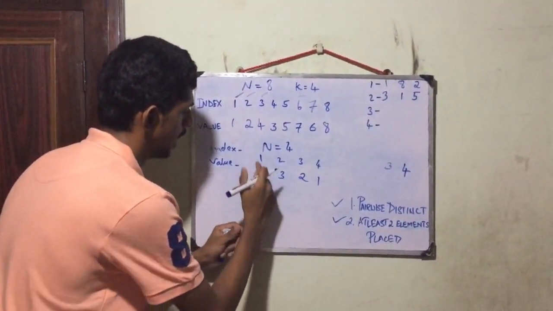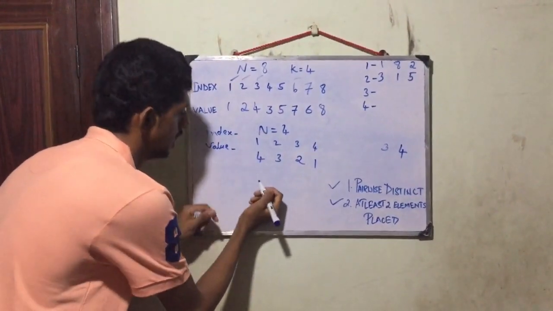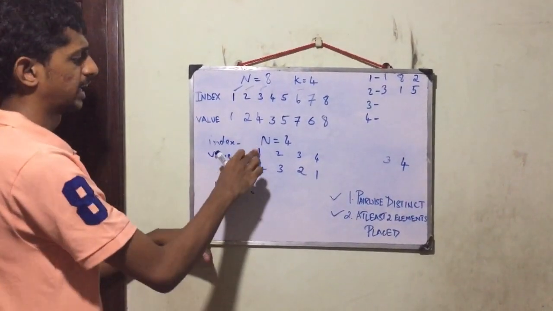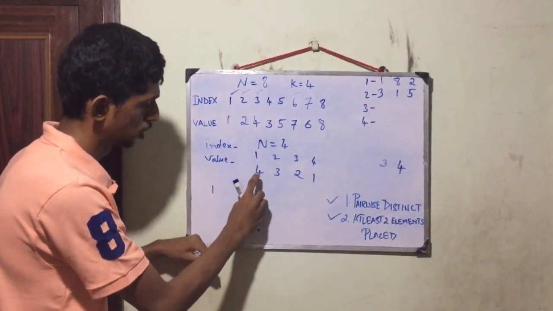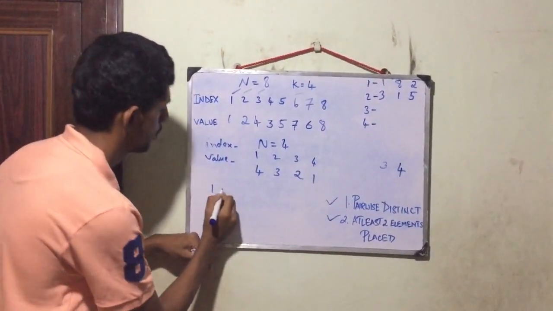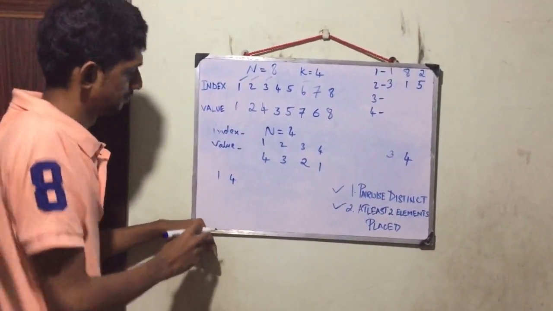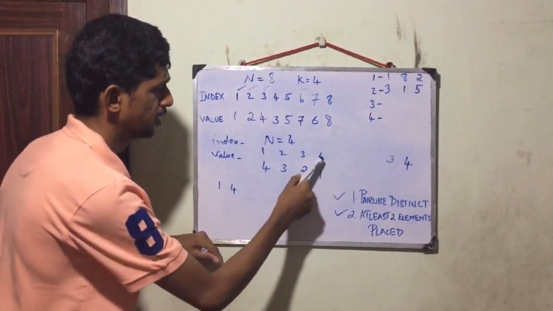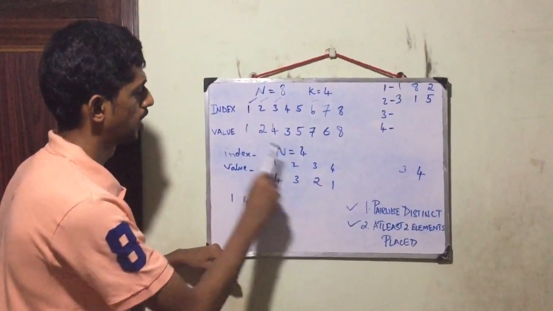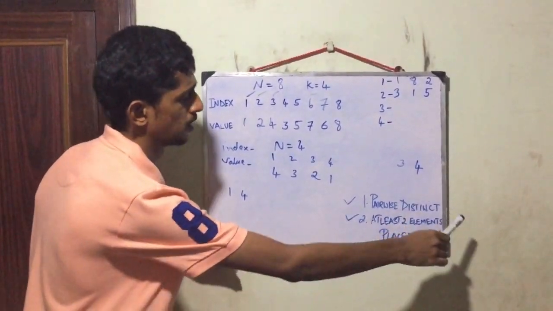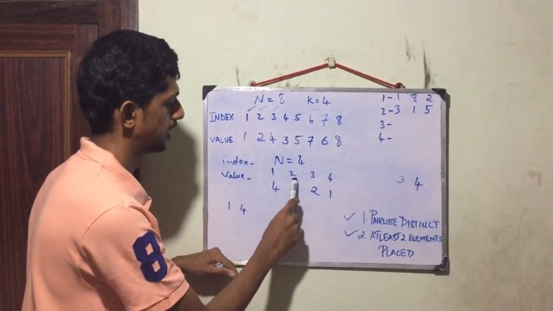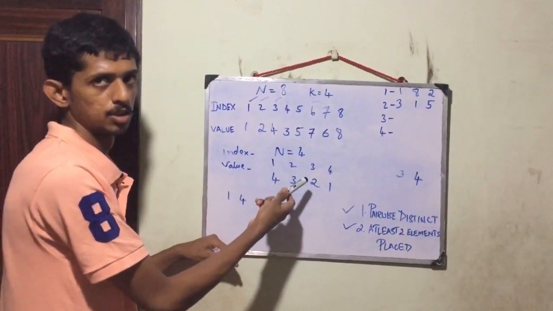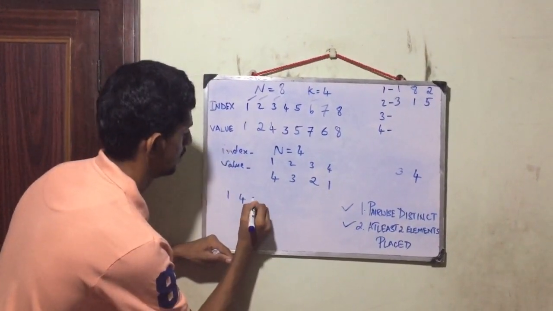Now initially I am at the first position. I am taking the index 1. Now where does this 4 go? This 4 should go to the fourth index, so I am writing 4. And then in the fourth index you have value 1. But you can't write 1 here because we need pairwise distinct indices. So therefore I am going to choose any number, that is 2 or 3. You can choose any number. So I am choosing 3.